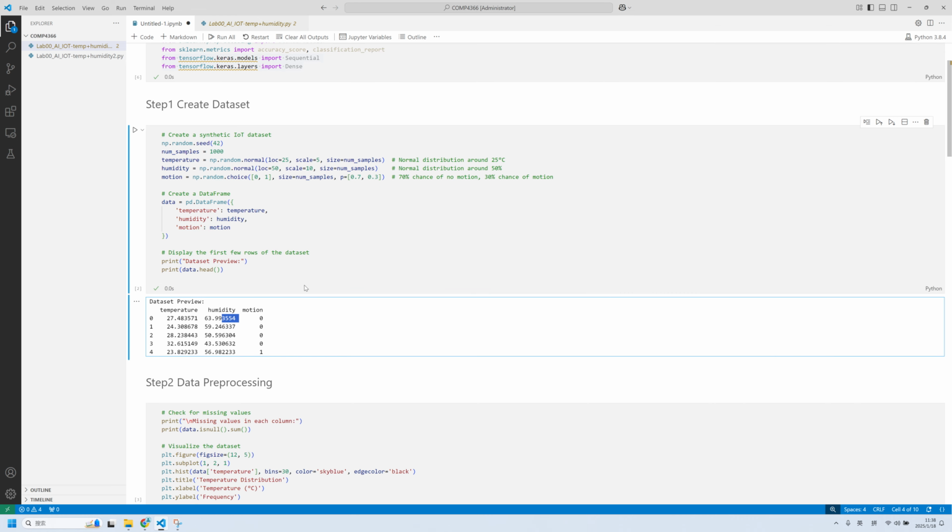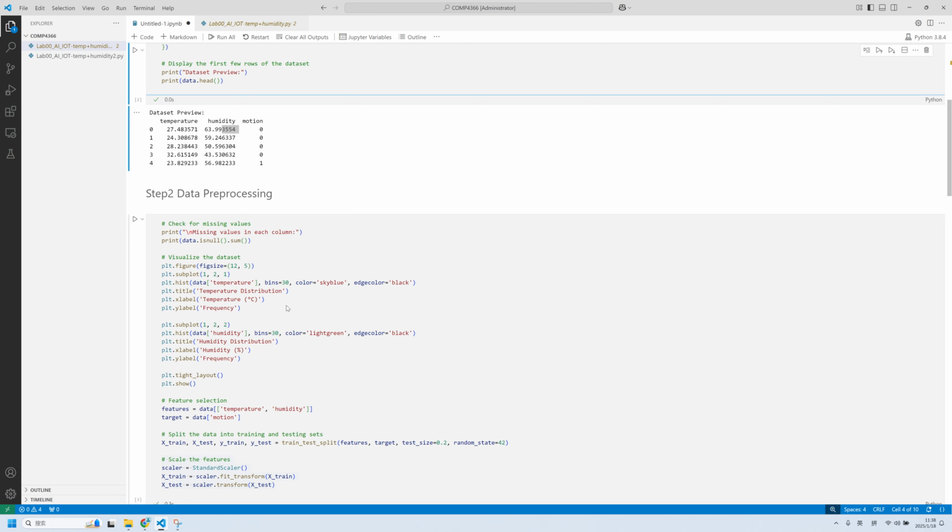Okay, so the first step of data creating has been finished, and we come to our second part, data pre-processing. For the data pre-processing, first of all, we're going to check for missing values. That is very important, and you have to remember that every time you start to implement your code, you have your data ready, and then you should definitely check whether there are some missing values in the data that has been marked as NA,